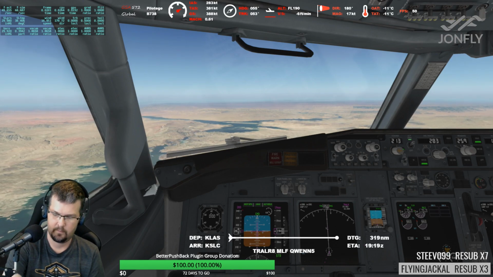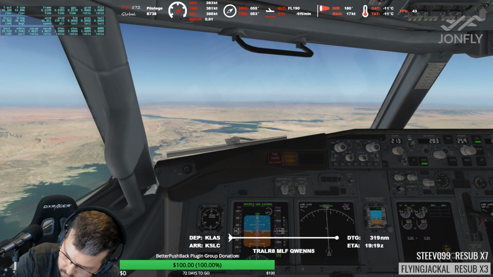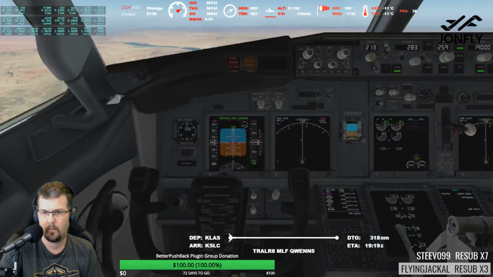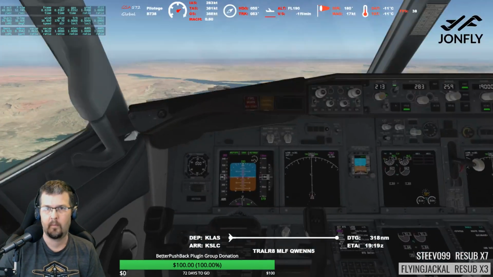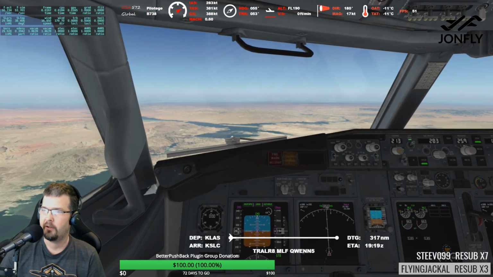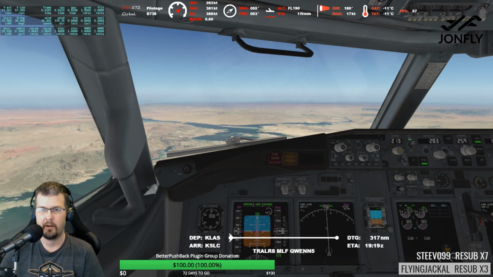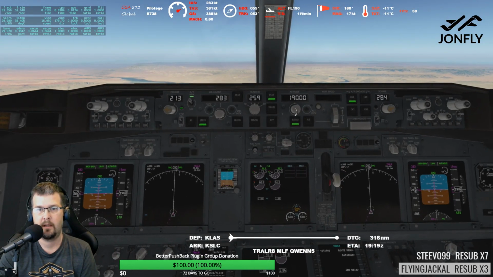Global 572, contact Los Angeles Center 133.55. 3355, Global 572. Alright, 23 Charlie Whiskey, March Tower, wind 2903, runway 32, clear to land. 32, clear to land. Los Angeles Center, Global 572, flight level 190. Global 572, Los Angeles Center, climb maintain level 350. Climb maintain 350, Global 572. Alright, let's...